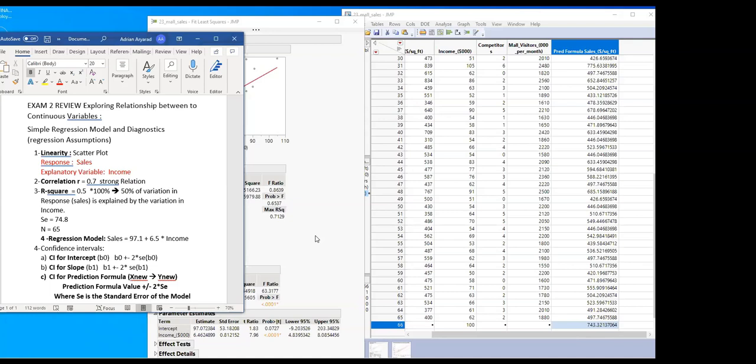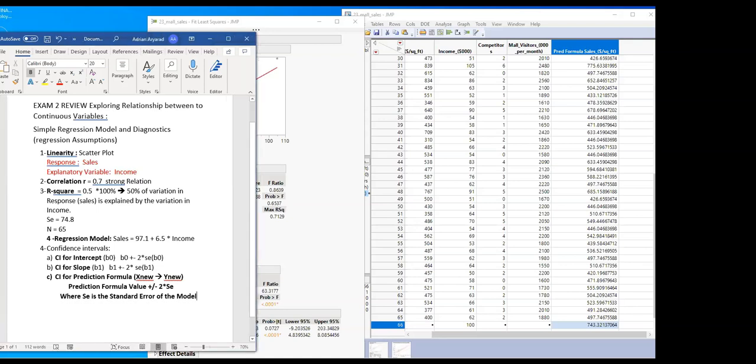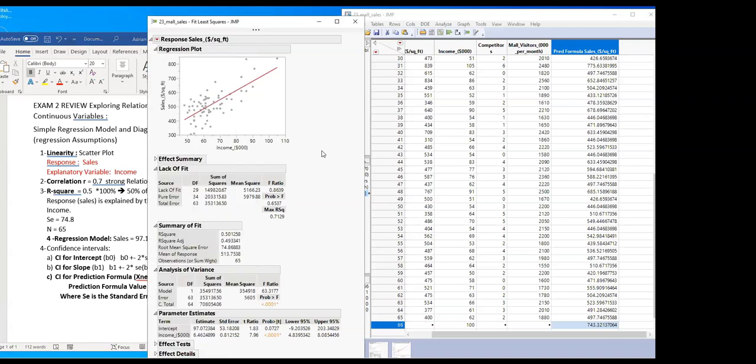It's not exactly two times, it's approximately 2 times, because you actually need to find a t-value from the table. And remember I showed you where to get the t-value. So depending on the sample size and the type of problem we're solving, it can be a different t-value. Okay, so